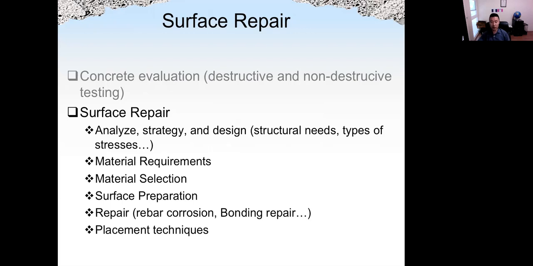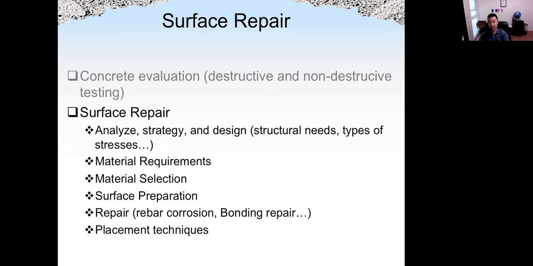Before we do that, we need to evaluate the condition of existing concrete structures. We can use destructive testing or non-destructive testing as we discussed before. For example, GPR or ultrasound to see the delamination inside the structure. For surface repair, we need to analyze the conditions, and then get some strategies to repair, and then we can design the repair, including selection of the materials